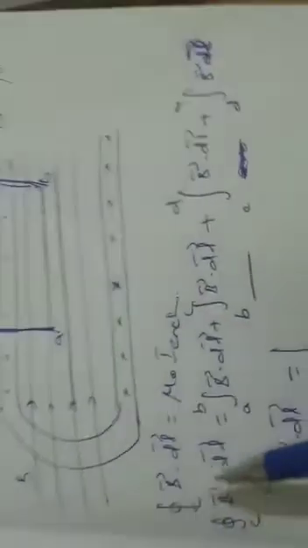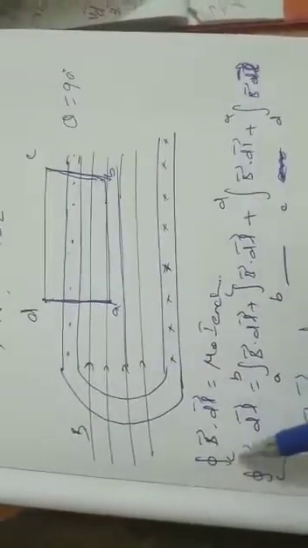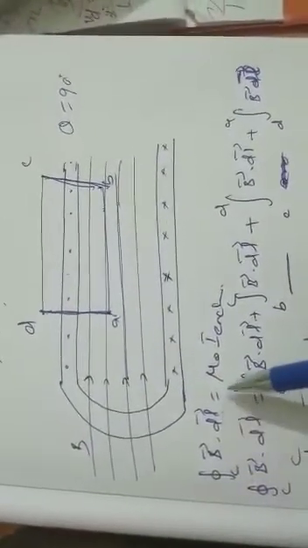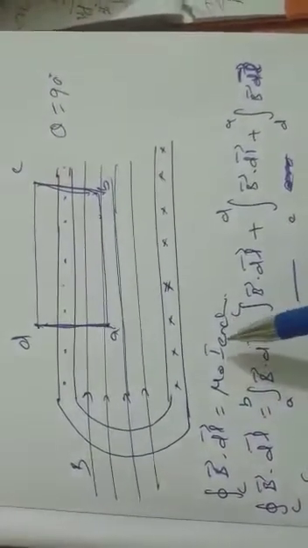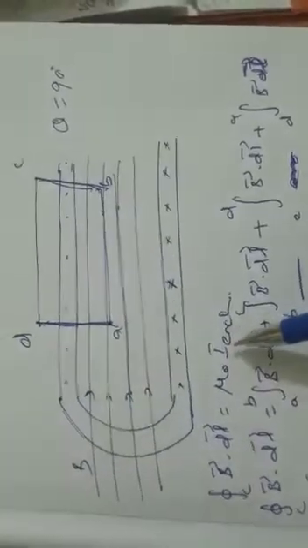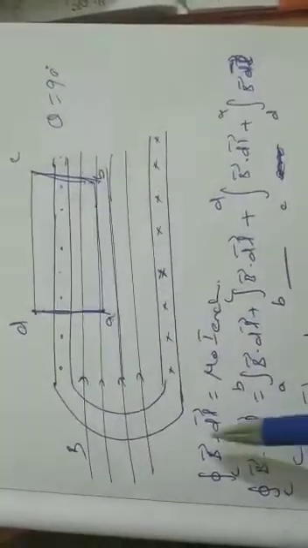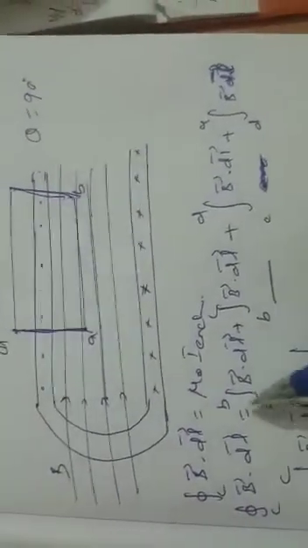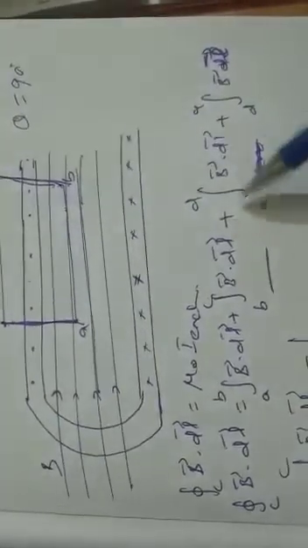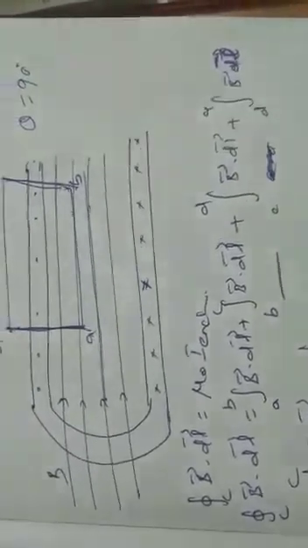From Ampere's circuital law, we can write the integral of B vector dot dl vector is equal to mu naught I enclosed, that means the total current enclosed by the Amperian loop. And so the integral of B dot dl can be split up into A to B, B to C, C to D and D to A. Now the length element